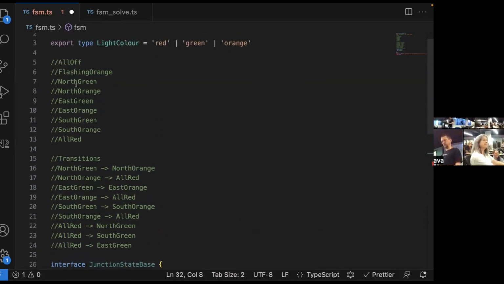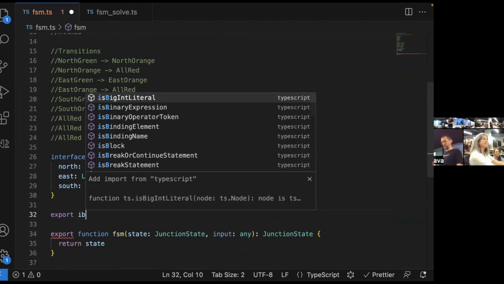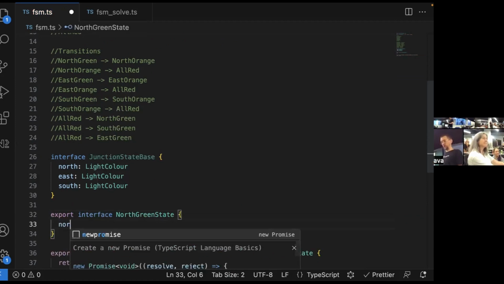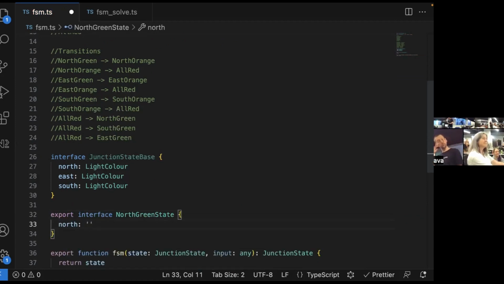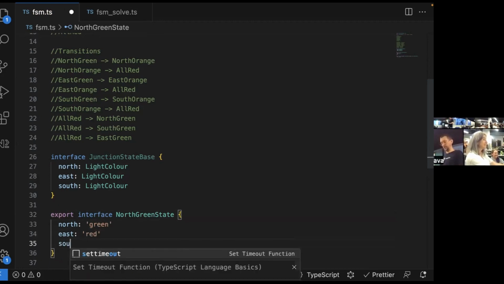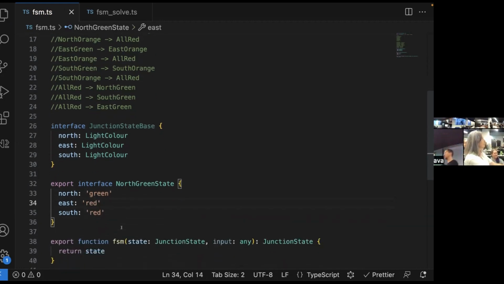So I'm going to ignore the first two, as I've said before, but we can create an interface north green state where north is green, east is red, and south is also red. Right? Does this make sense?